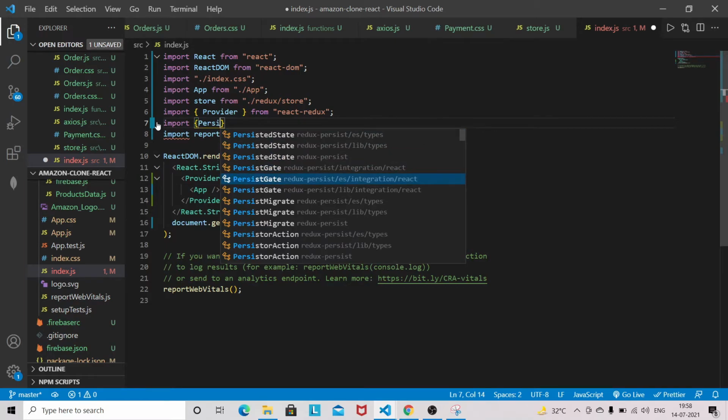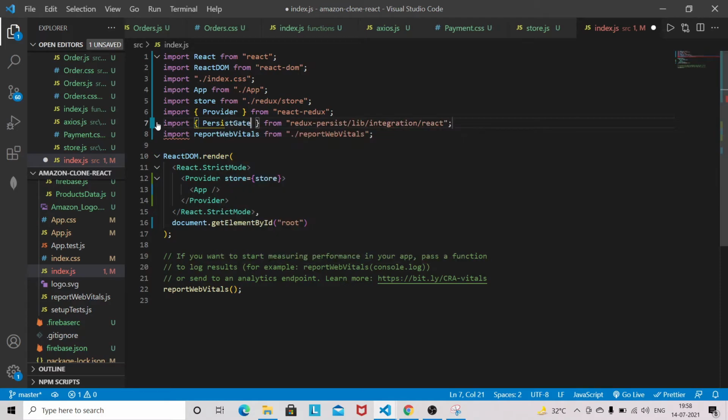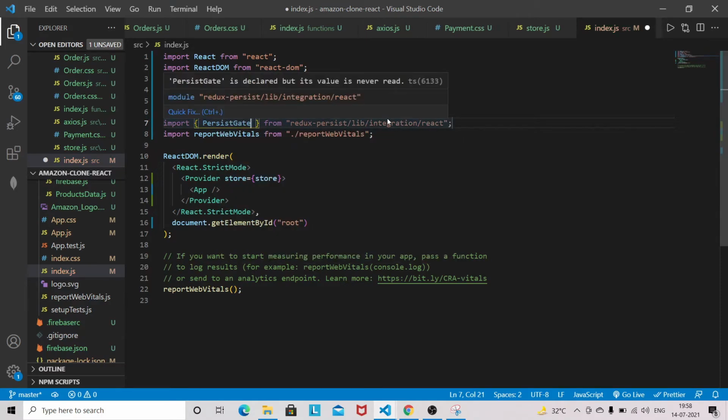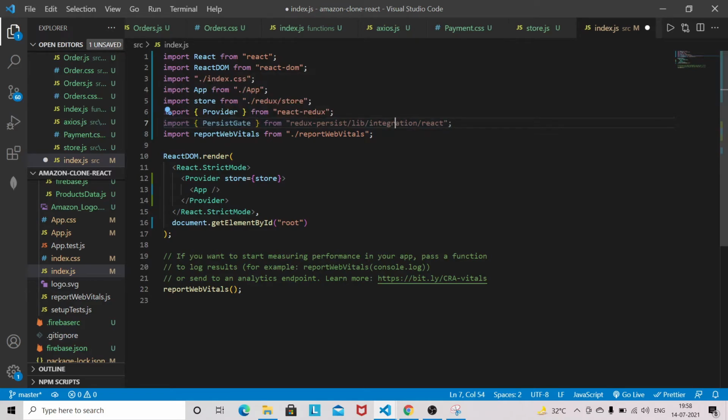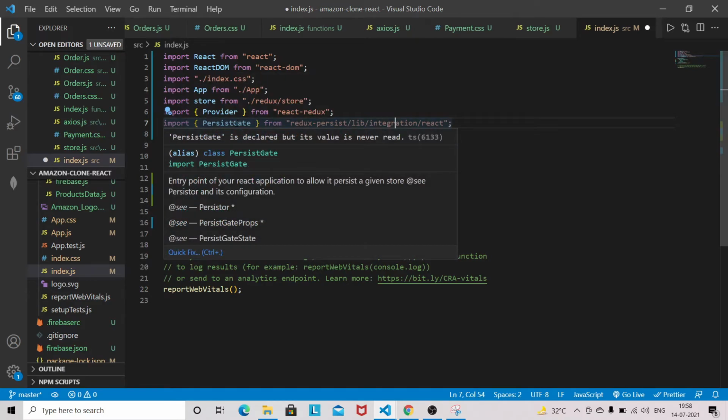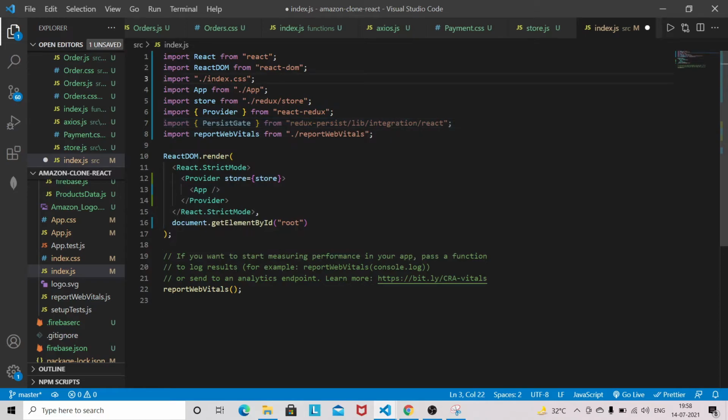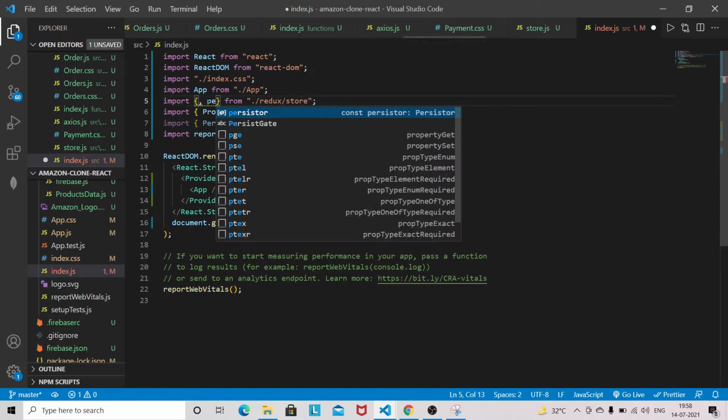You can see that we need this PersistGate here. Let's bring that, and make sure the path is this one in order to bring PersistGate. We have to adjust this import as well. Now I need store as well as the persister.